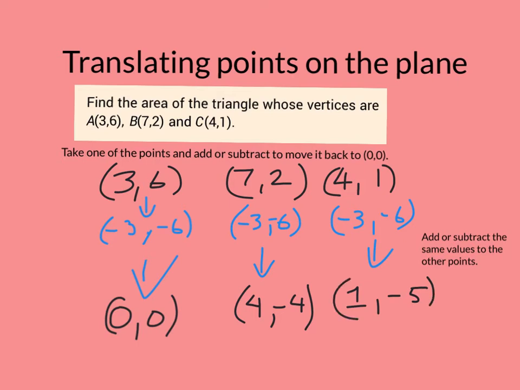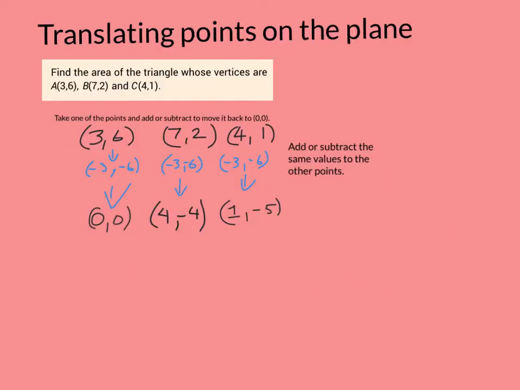Okay, and now you can see that we have a triangle, the exact same triangle, just moved over on the plane so that one of our vertices is 0, 0. So now we can go ahead and use these two vertices to find the area. Okay, now as before then we just label our points x1, y1, x2, y2, and I'm going to use my